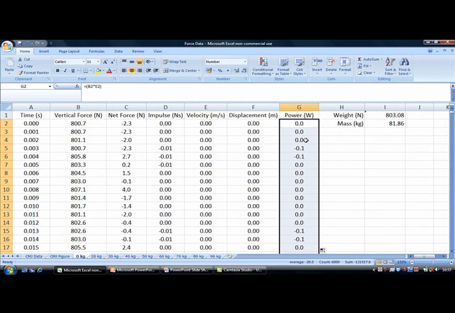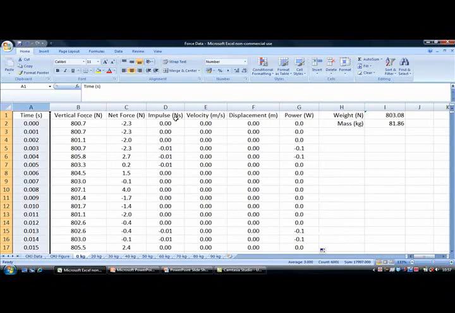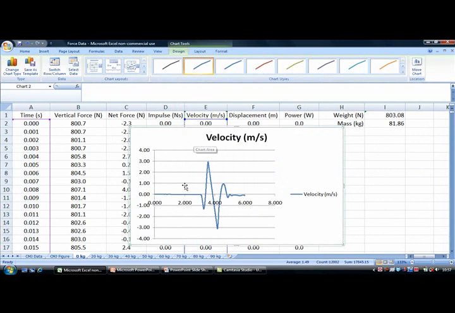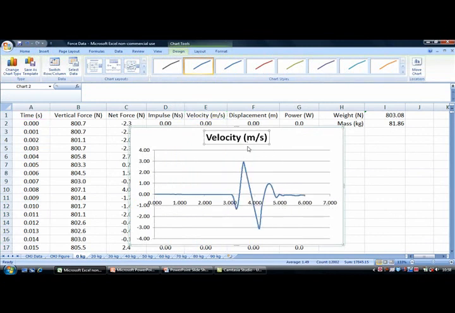What I'm going to do now is just plot a few of the graphs so you can see the actual sort of data that we've got, and then I'll just explain about determining peak power. So we've plotted the time and force graph. If we plot the velocity graph, you can see, again I'll just clear it up so it's a bit easier to see,